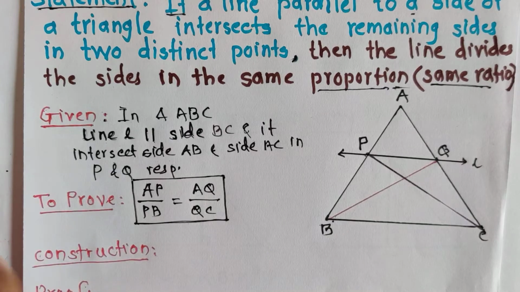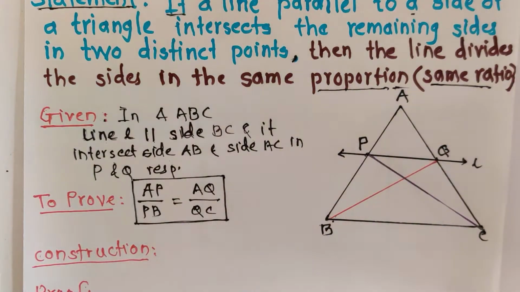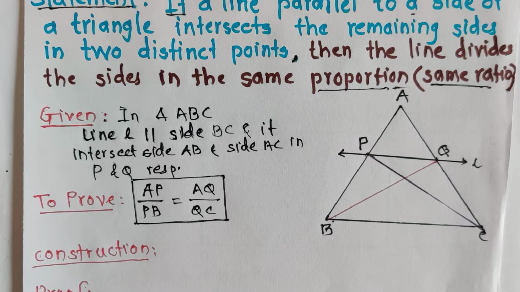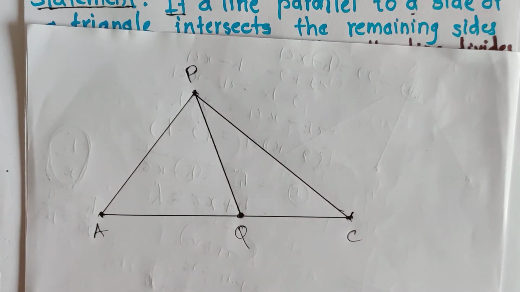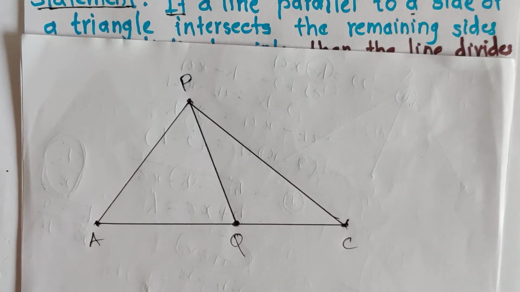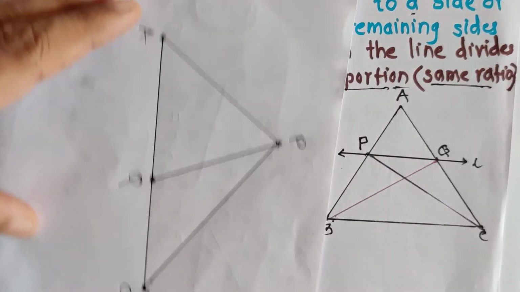Now before writing the proof of that theorem, let us see one point. Here we are using previous knowledge. In the previous video of this chapter, we studied the properties of the ratio of areas of two triangles. So that property we have to use. One property is: if the triangles have the same height, then the ratio of their areas is equal to the ratio of their corresponding bases. So here, in this figure,